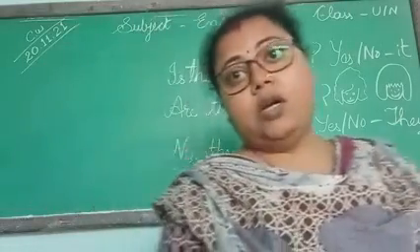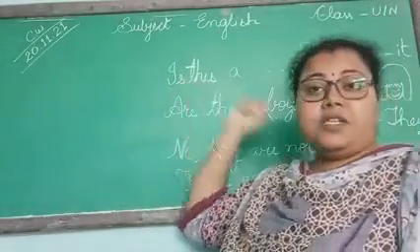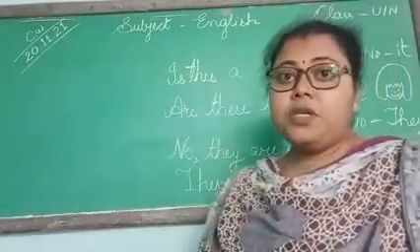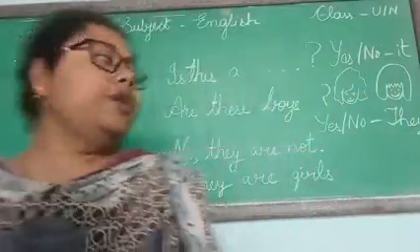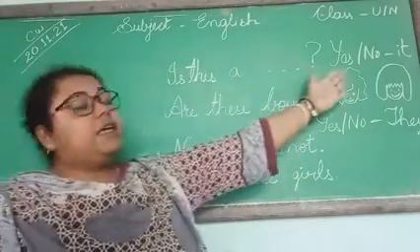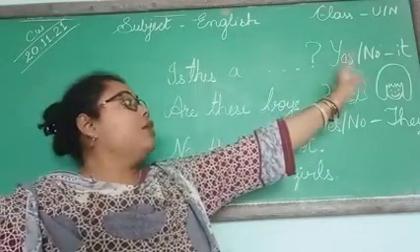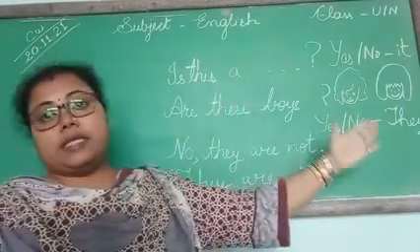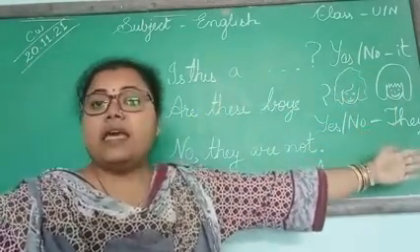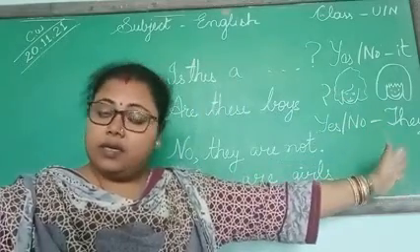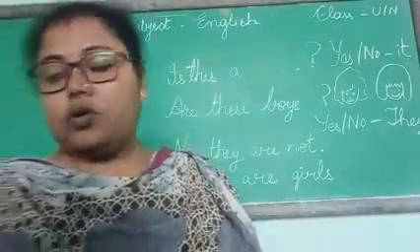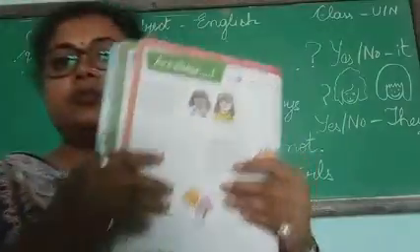In singular, our question starts with is this, and in plural, our question starts with are these. Second difference: when you give an answer yes or no, you have to use it. But in plural, when you are saying yes or no, you have to use they. Okay? They. Understand? Then again, now let's see the book. Page number 32. Okay?